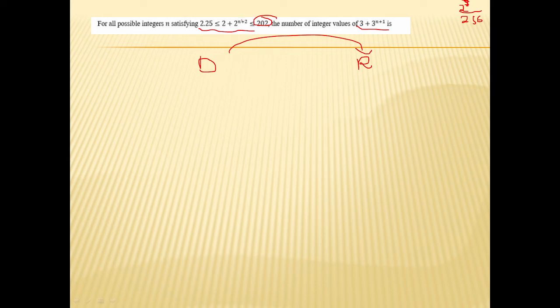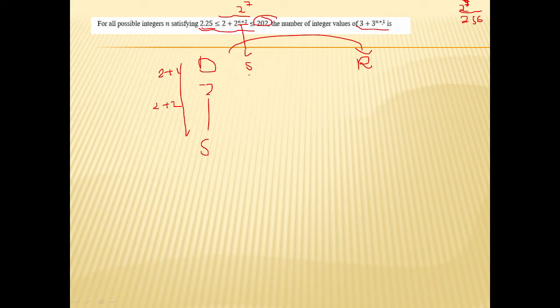So all the values less than 2 to the power 8, so this should be 2 to the power 7. All the values till here will be considered. Since this is n plus 2, n max can be 5, and here it is 2.25. So 2 to the power 0, yes, considered, because 2 to the power 2, yes. Minus 1 means 2 plus 2, 4. So yes, minus 1 considered. Minus 2 will be 1 plus 2, 3. Yes, considered. Now minus 3 will make this non-integer. So this is gone. So the domain is minus 2 to 5.